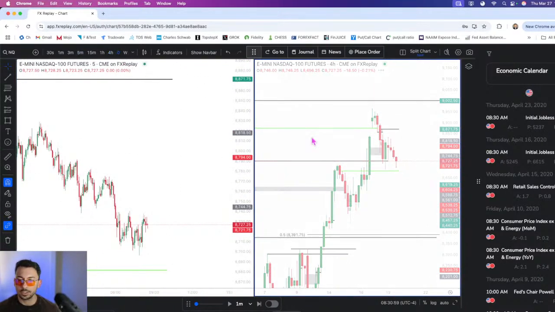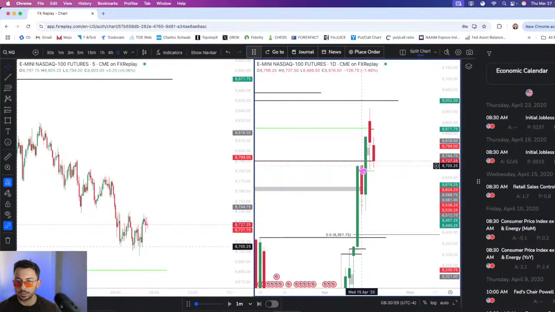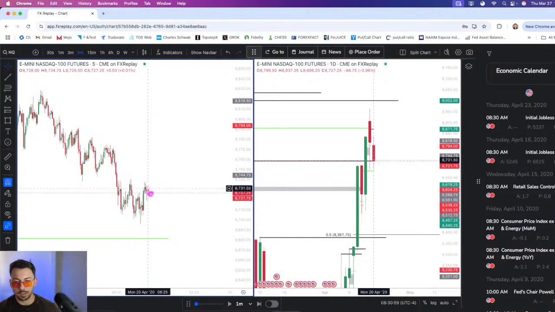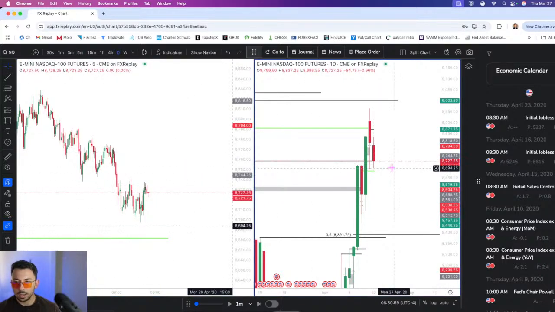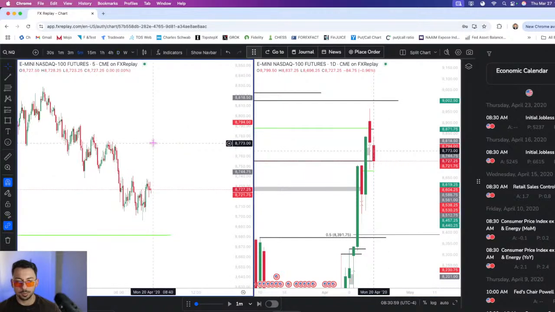From the daily chart, let me see if there's anything I'm missing here. So on the daily, we are testing that daily OB. So I actually wouldn't be surprised to see some kind of a long setup from within here. Yeah, so I guess we'll just move PA forward and see what happens.